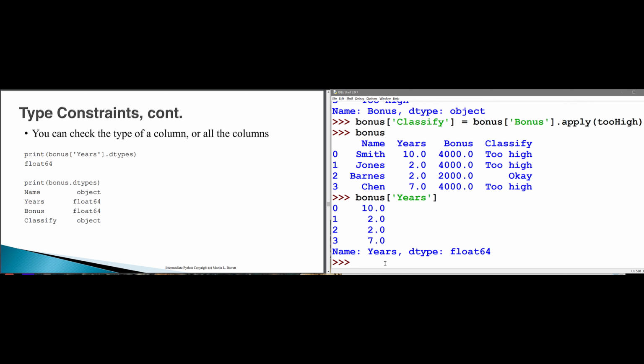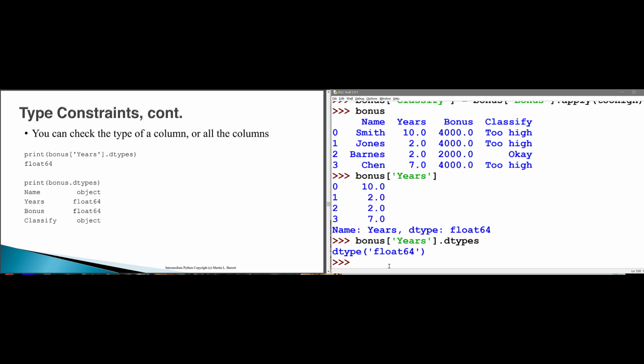So here's years. Notice that if I display the whole series, I get told the dtype. But I can ask for the dtypes, and I get told all of the dtypes of the values in this series. Well, for a series, there's only one dtype, so that looks a little odd, but the cool thing